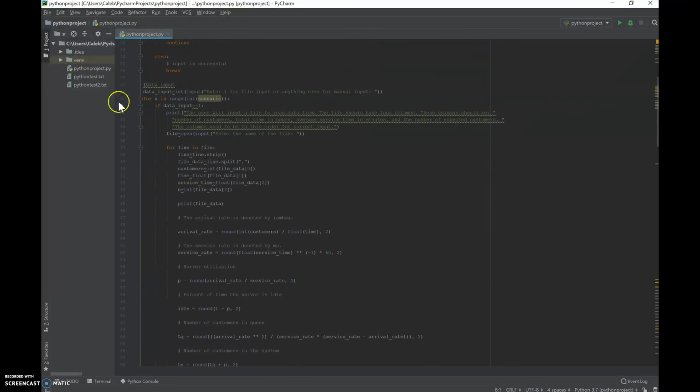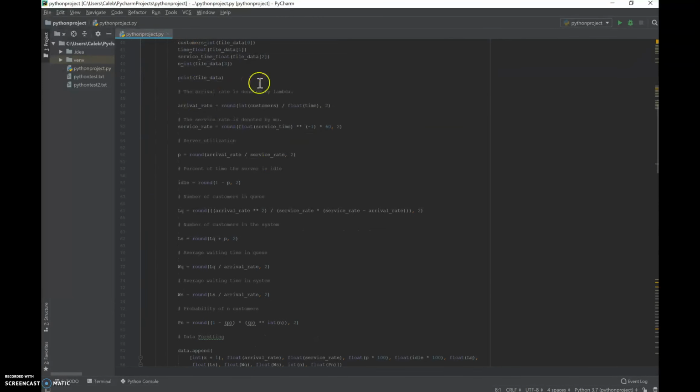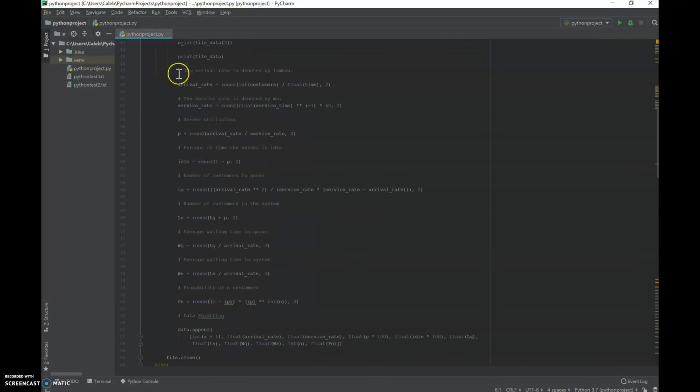Next, I made a section of code for the data input, which is the bulk of the code, and it will depend on the user's input of 1 for file input or anything else for manual input. If the user enters 1, it will print out this section telling them how to import their file, and then this section will split the data up and make the data correct. And then it will print the file data, and then it will use the data from the file to calculate